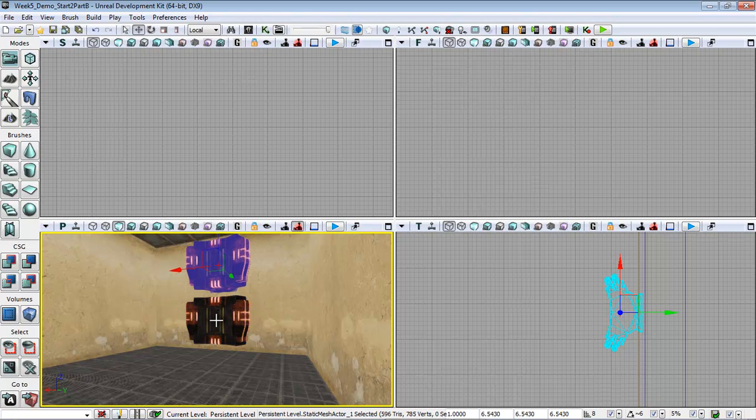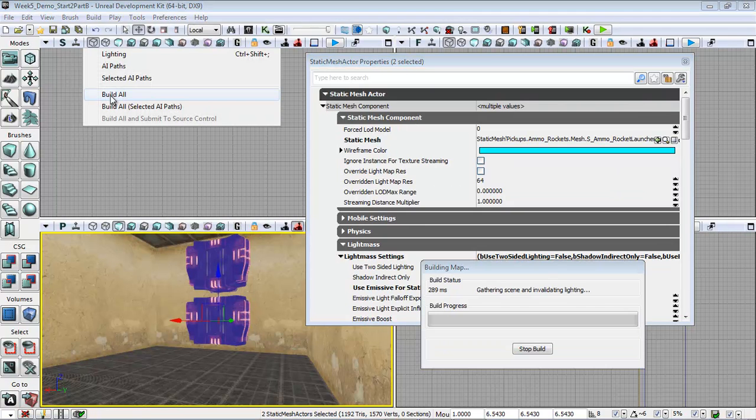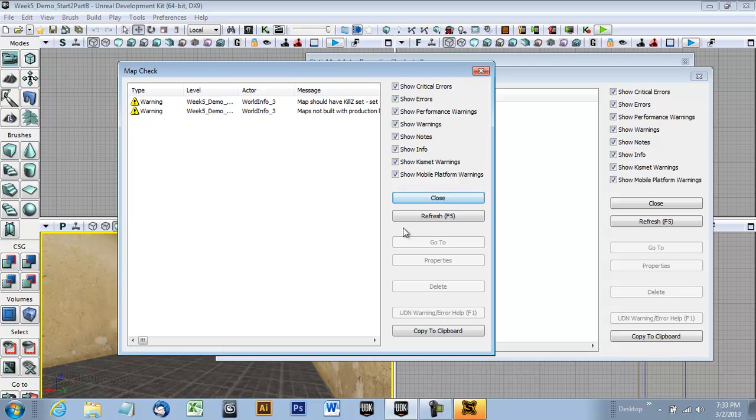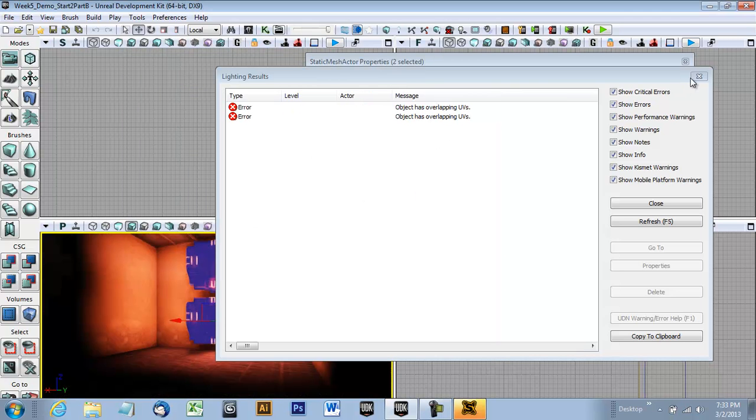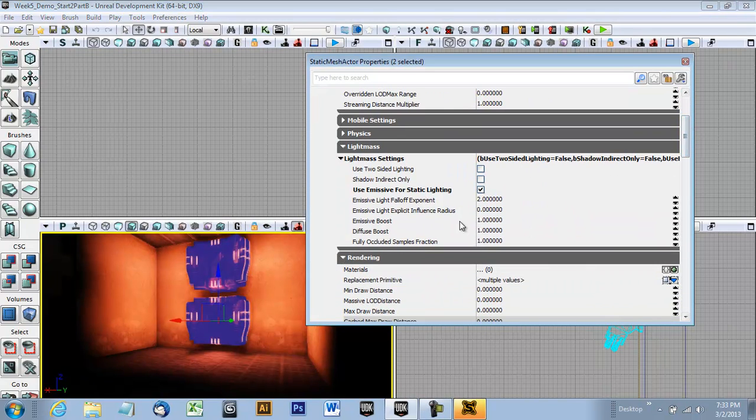So I'm going to hold down Alt key, drag off a copy, and let's go and turn on, once again, use emissive for lighting for both these objects, and build. And once we're done, let's go and see what we got. Okay, so you can see this is pretty bright and pretty burned out. So the nice thing is there's these options that you can adjust the emissive characteristics that light mask calculates. So one is basically called the boost, and the other one's the fall off. So what we want to do is we want to change both of those. We'll cut the boost in half, and we'll cut the fall off in half as well. And now when we go to build this again, it'll look a lot cleaner, and you can go in and